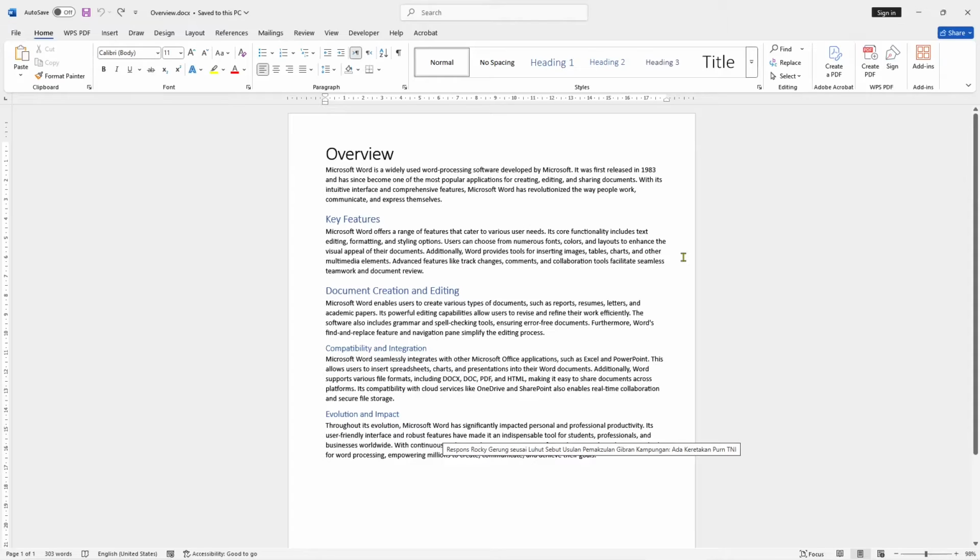Hello everyone, today we are going to learn a basic Microsoft Word tutorial: how to convert to JPEG. If you want to convert the Microsoft Word into JPEG, you can use the Print Screen tab on the keyboard. You can click and then you can open the Paint software